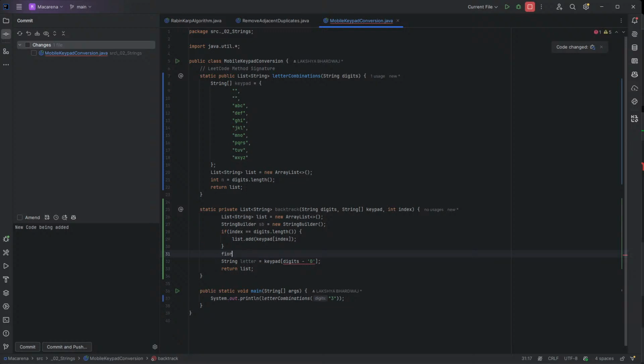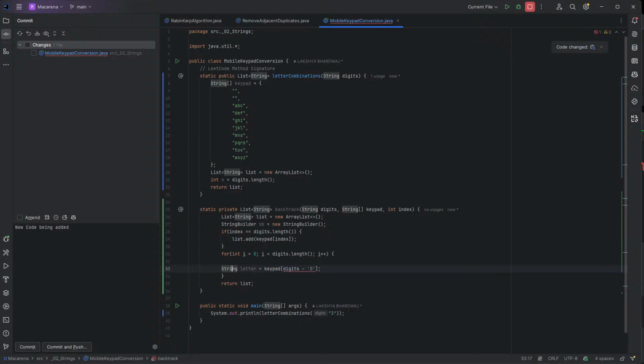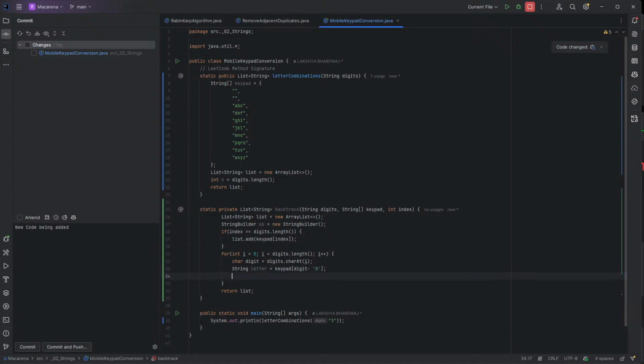Because for int i is equal to 0, char c is equal to digits dot charAt i and, alright, so sb dot append letter, so